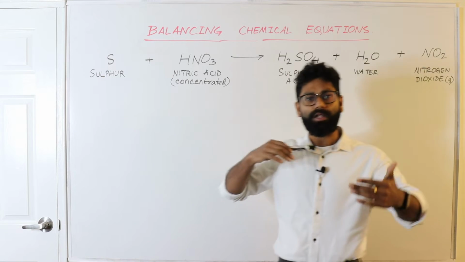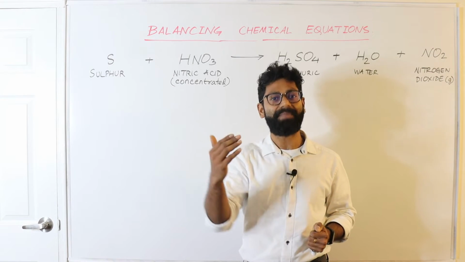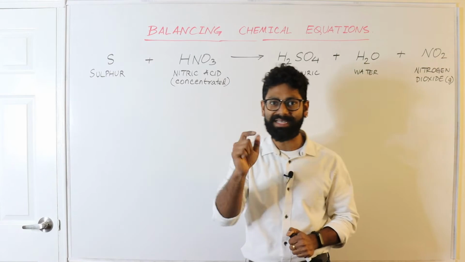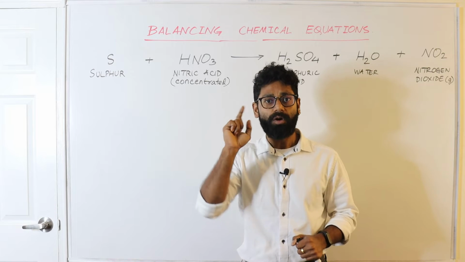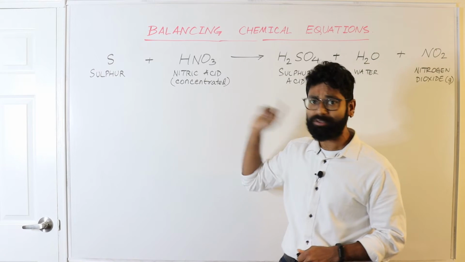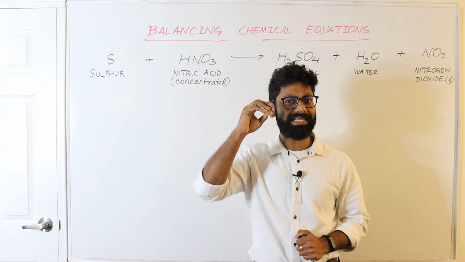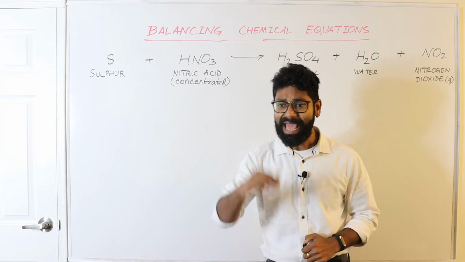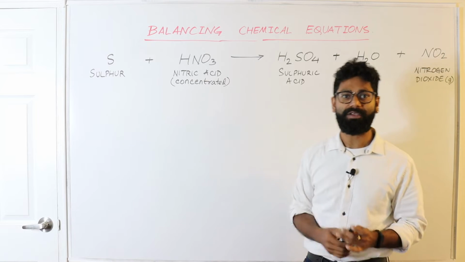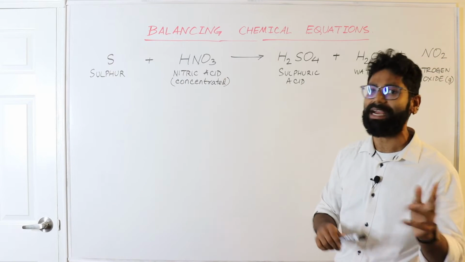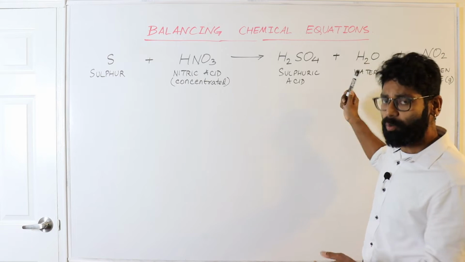Now, there is always a hit and trial method that we use, but for certain equations, the hit and trial method becomes really tedious and really difficult. So what we are going to do here today is come up with a new technique that will be super easy for you to understand and apply for all these kinds of equations. So let's start with this equation in which sulfur reacts with concentrated nitric acid to produce sulfuric acid, water and